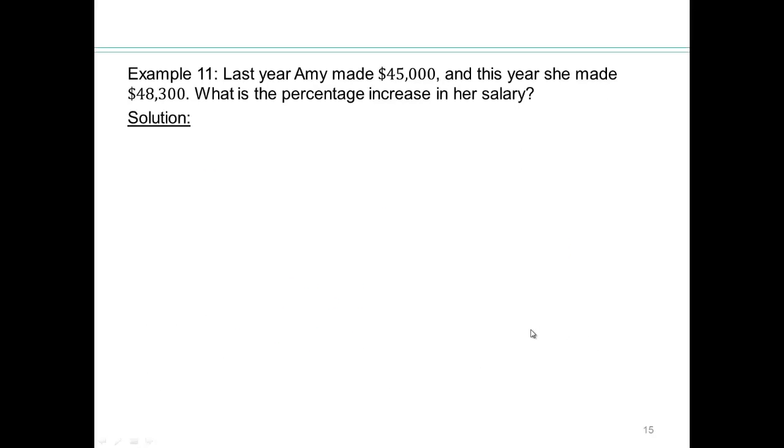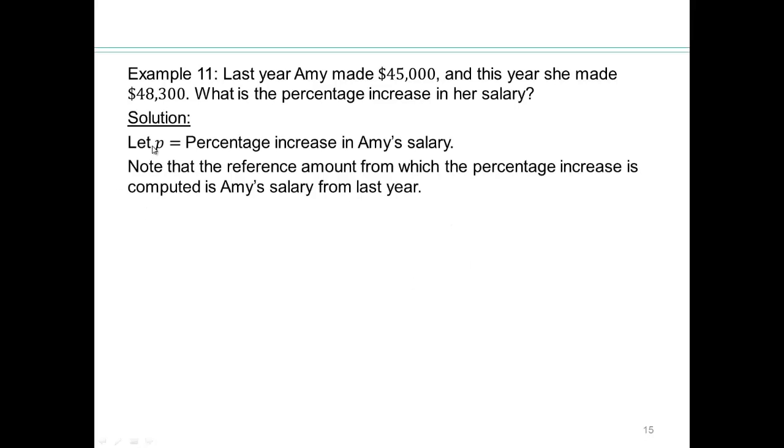Last year, Amy made $45,000. This year, she made $48,300. What's the percentage increase in her salary? So anytime you have percentage increase or percentage decrease, the first thing to do is get a variable. So let's say P is the percentage increase. So you have to take the reference amount, which is the original, the difference between that and the new. So that would be